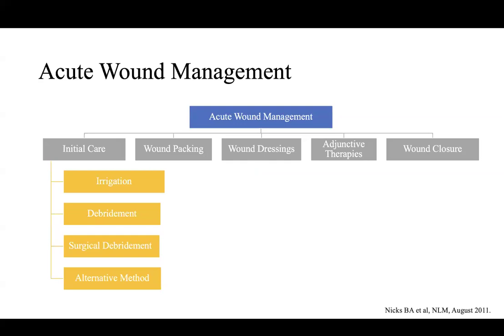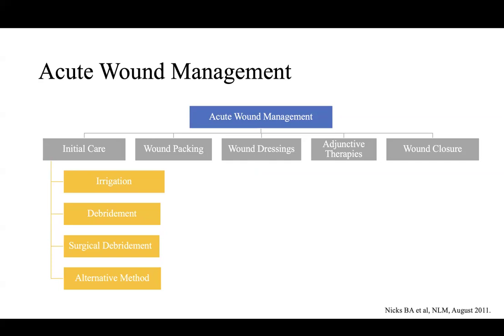The other thing that we look into is the low versus high pressure irrigation system, wherein low pressure involves less than 15 pounds per square inch, and high pressure is like a pulsed lavage system. In most cases we use the low pressure irrigation system, which is adequate for removal of the material, but high pressure irrigators can be used in very highly contaminated or dirty wounds. High pressure comes with the drawback of local tissue damage and can increase tissue edema. But in case of a highly contaminated wound, this risk is outweighed by the need for reducing the